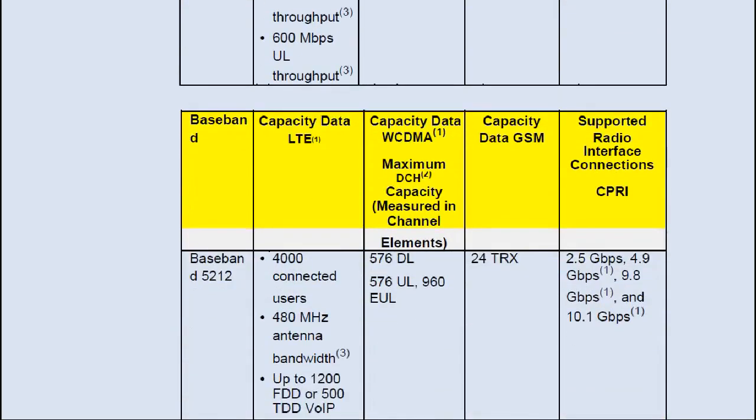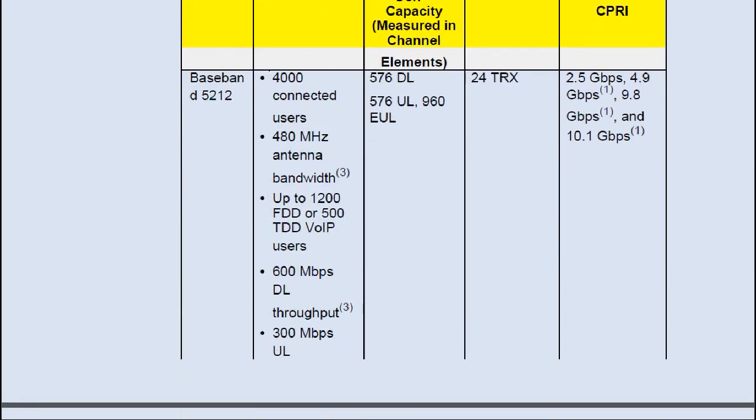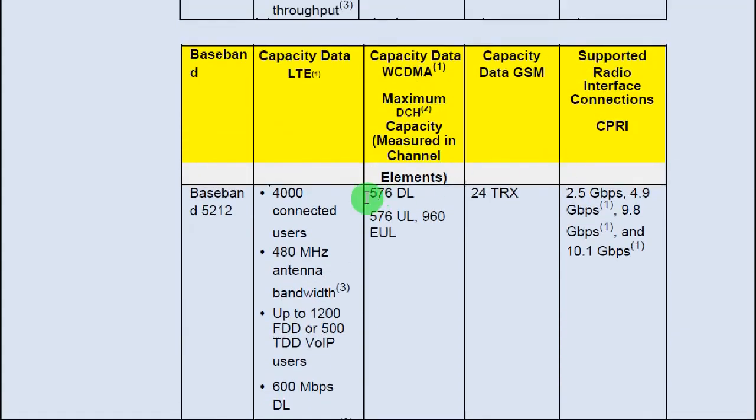Now we can see the 5212 baseband capacity data. For LTE, 4000 connected users: you can connect 4000 users at one time in baseband 5212, and this baseband runs on 480 megahertz antenna, with bandwidth up to 1200 FDD or 500 TDD. 600 Mbps downlink and 300 Mbps uplink.